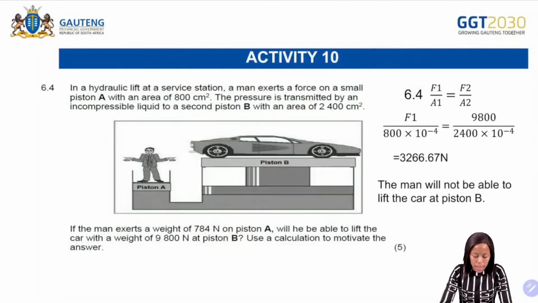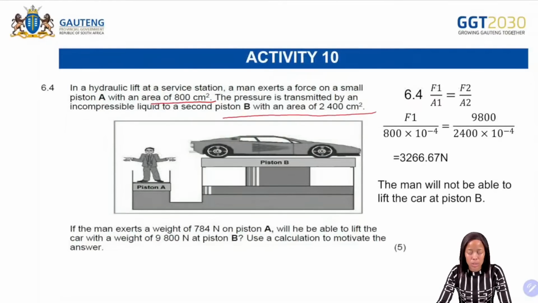Then the next one says, in a hydraulic lift at a service station, a man exerts a force on a small piston A with an area of 800 centimeter squared. When we see this, immediately we know that we need to convert, because we don't work in centimeters, but in meters. The pressure is transmitted by an incompressible liquid to a second piston B with an area of